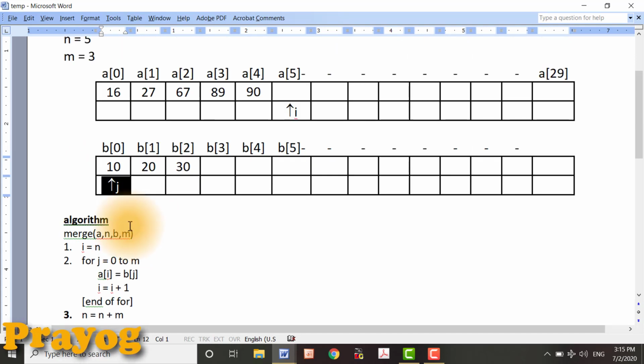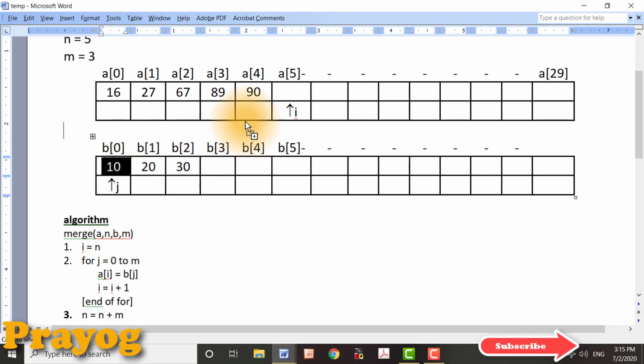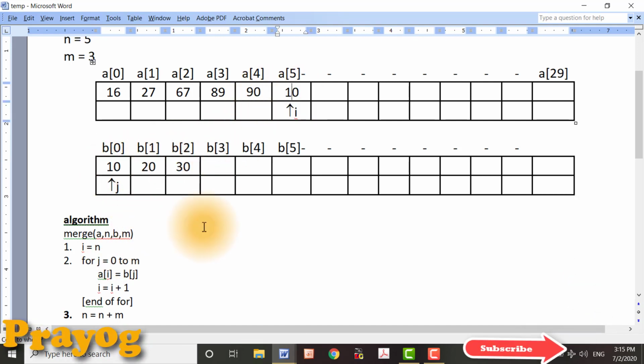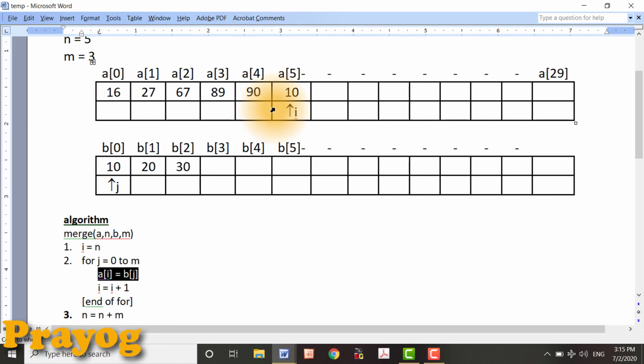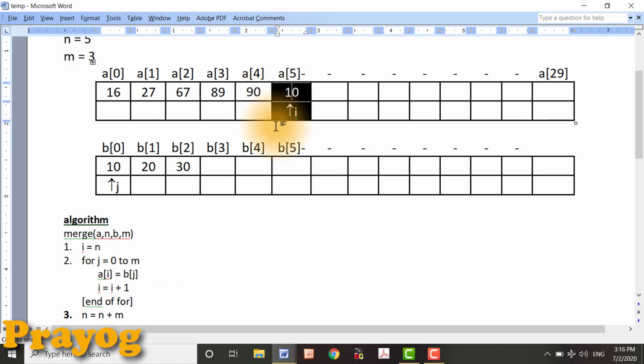Every time it is going to copy the array element of B to A like this. You can observe that A of I is equal to B of j. So A of I, actually this position, is equal to B of j, and B of j is this position.